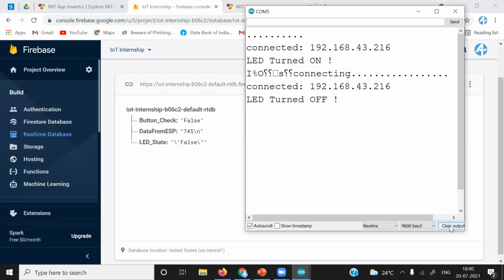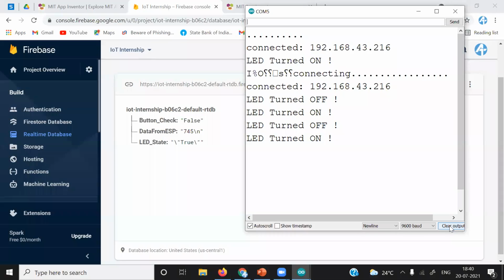I will make a few operations again, and then we will discuss it. I will make it turn on. You can see that initially it gets button check true, and after that it will get false. Even though now the LED state is true, we are not receiving that data continuously. Check it. Now it is on. I will make it off. You can see it. I will make it on again. So that is how you can do it.